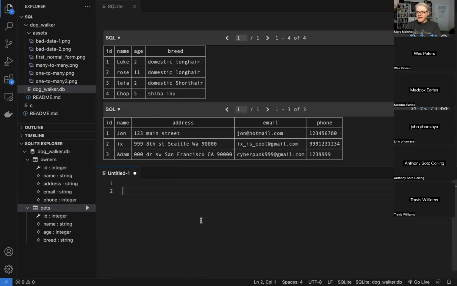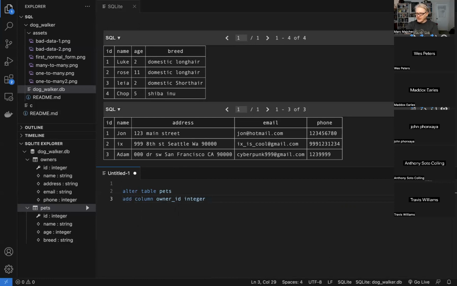Let's alter table pets. Did I not have the foreign key on there? I'm going to alter table pets. I'm going to add a column. I'm going to call that column owner ID. And that's going to be an integer because these are integers.